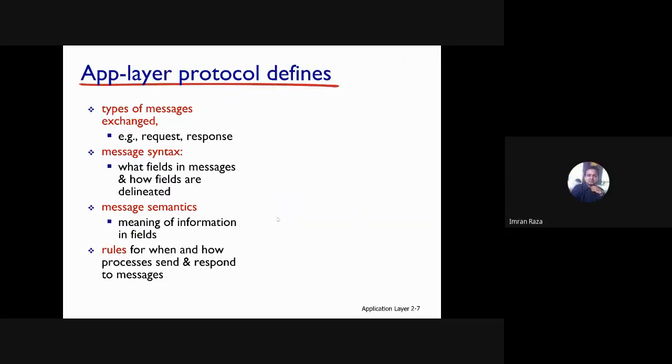Maximum segment size. Okay, sir. Right. So when we talk about a network application, it makes use of different application layer protocols. When I say protocol, we know that a protocol is a set of rules and regulations. And when I talk about a network layer or application layer protocol, this means what type of messages will be exchanged. And that we'll see when we're discussing different network applications. I mean, what will be the request and what will be the precise response?